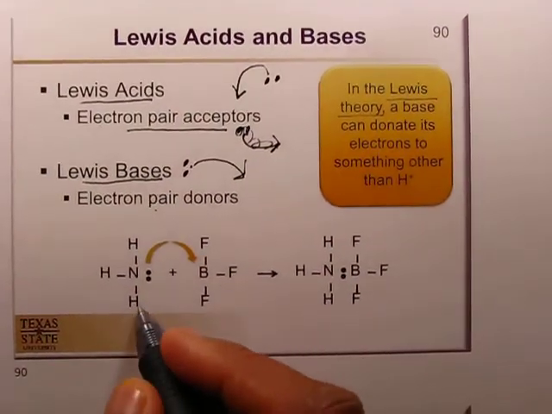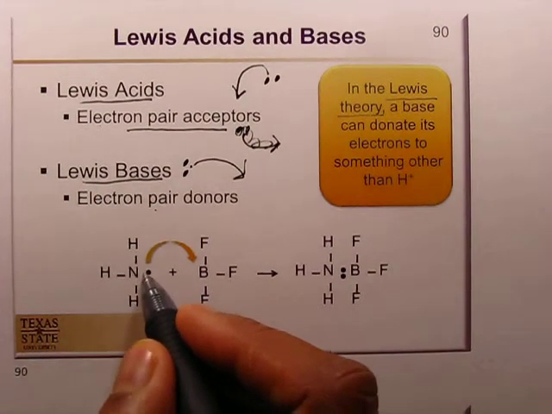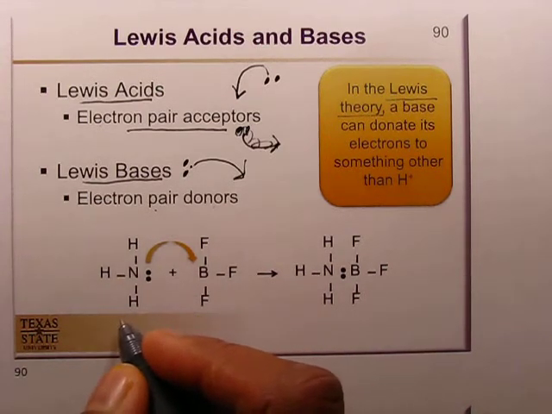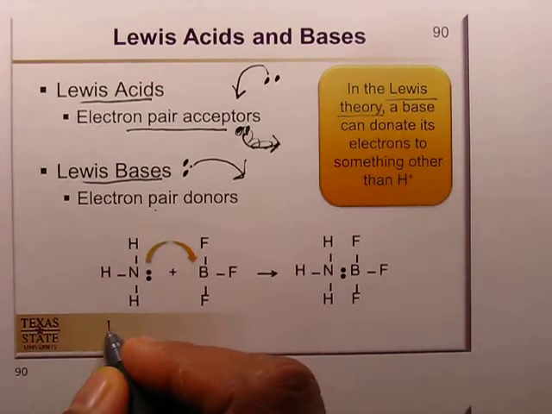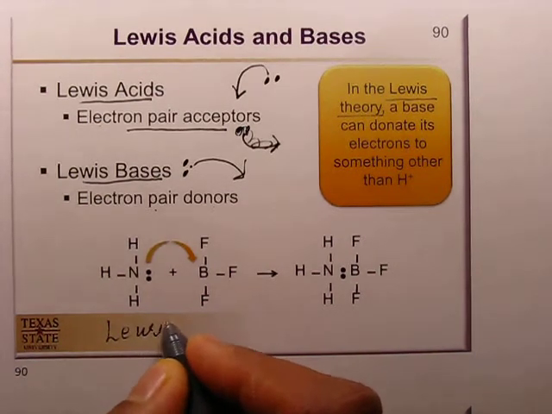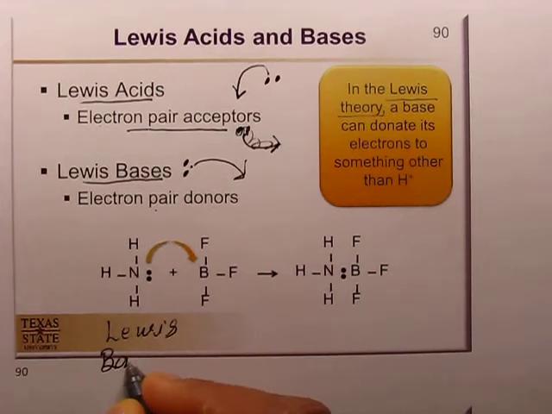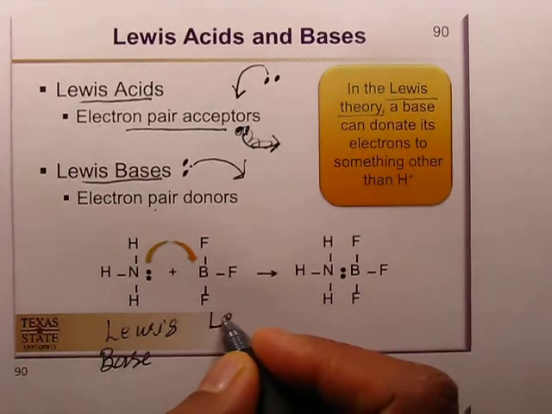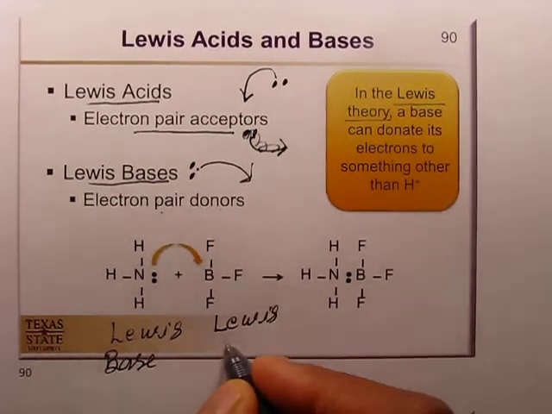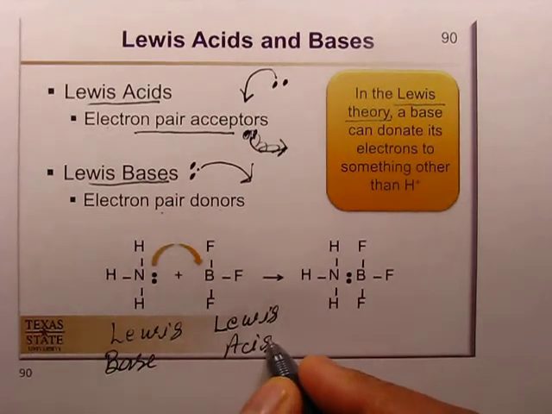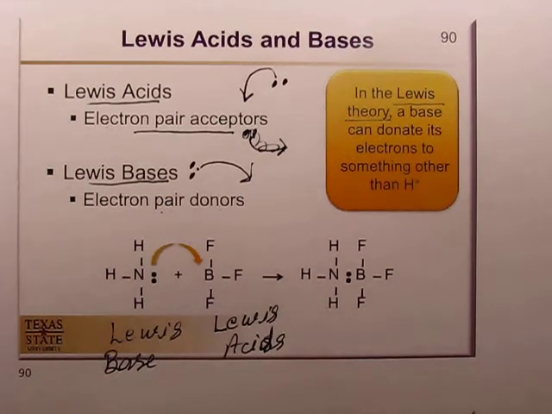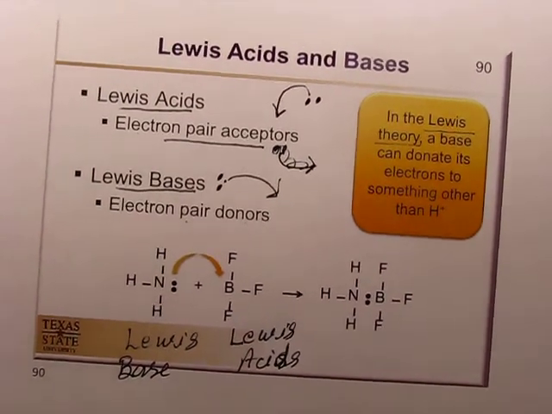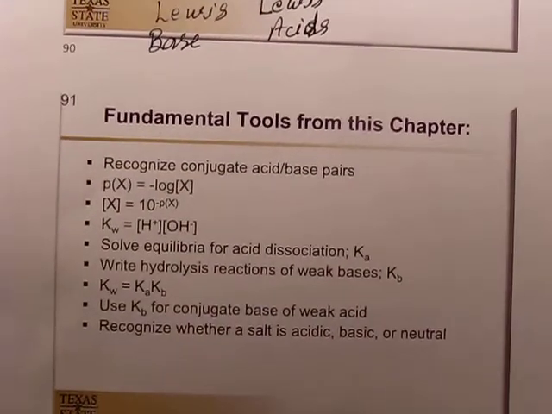For example, ammonia has one lone pair on the nitrogen which it is donating to the BF3. So that is why this will behave as a Lewis base, and BF3 will behave like a Lewis acid. So this was the brief discussion about Lewis acid and base, and the last slide of this video is